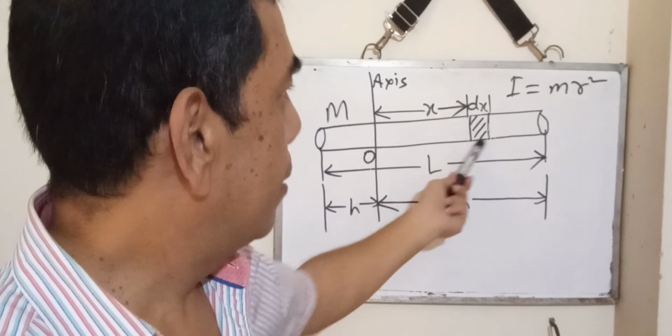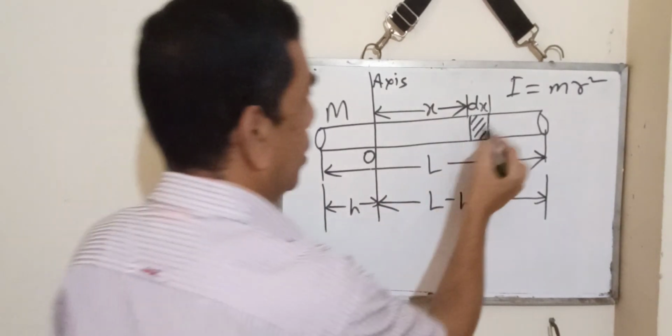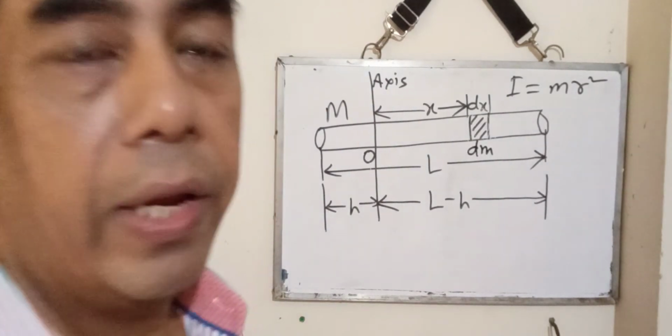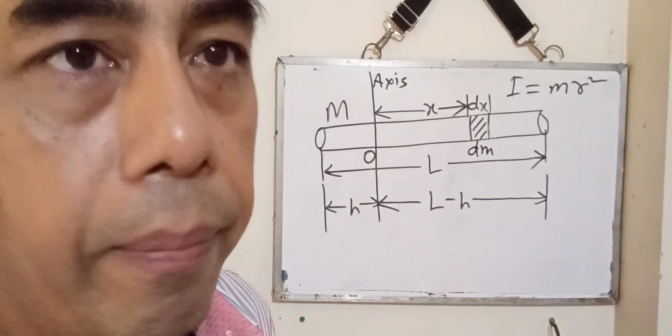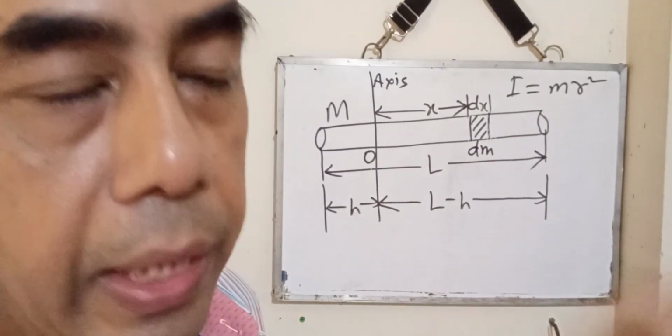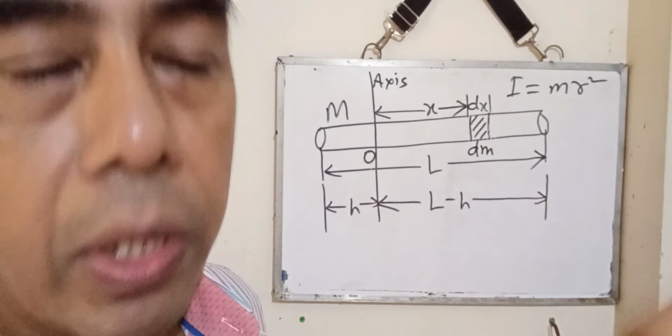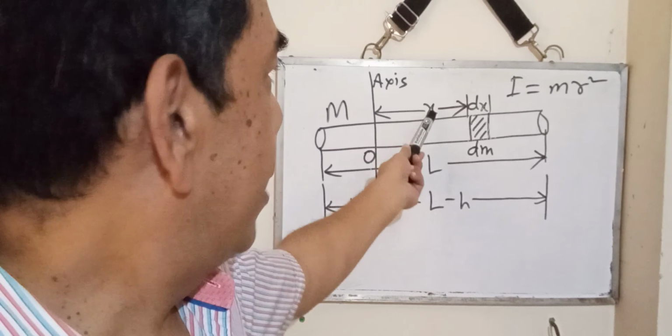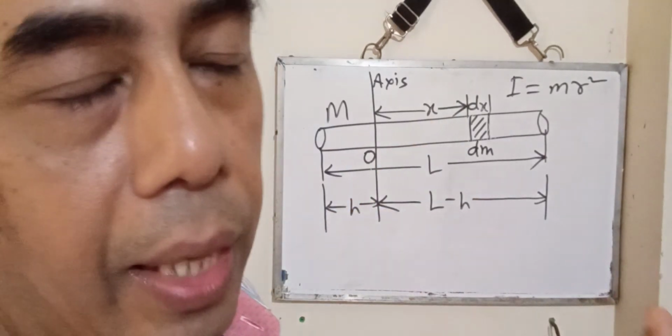Suppose this is dm, a very infinitesimal mass. dm is the infinitesimal mass we considered, and x is the distance between